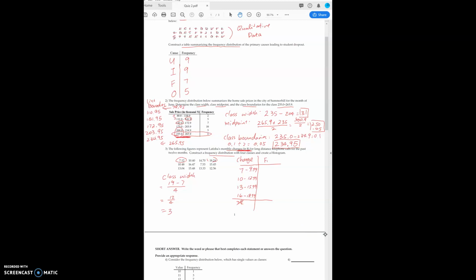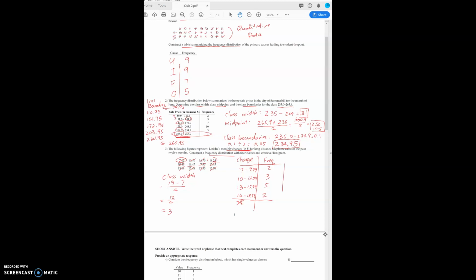Now we're going to look for the frequency, which I have 7 to about 10. I have 1, 2. 10 to 13, I have 1, 2, 3. 13 to 16, I have 1, 2, 3, 4, 5. 16 to 18, I have 1, 2. That's my frequency distribution. Now for the histogram,